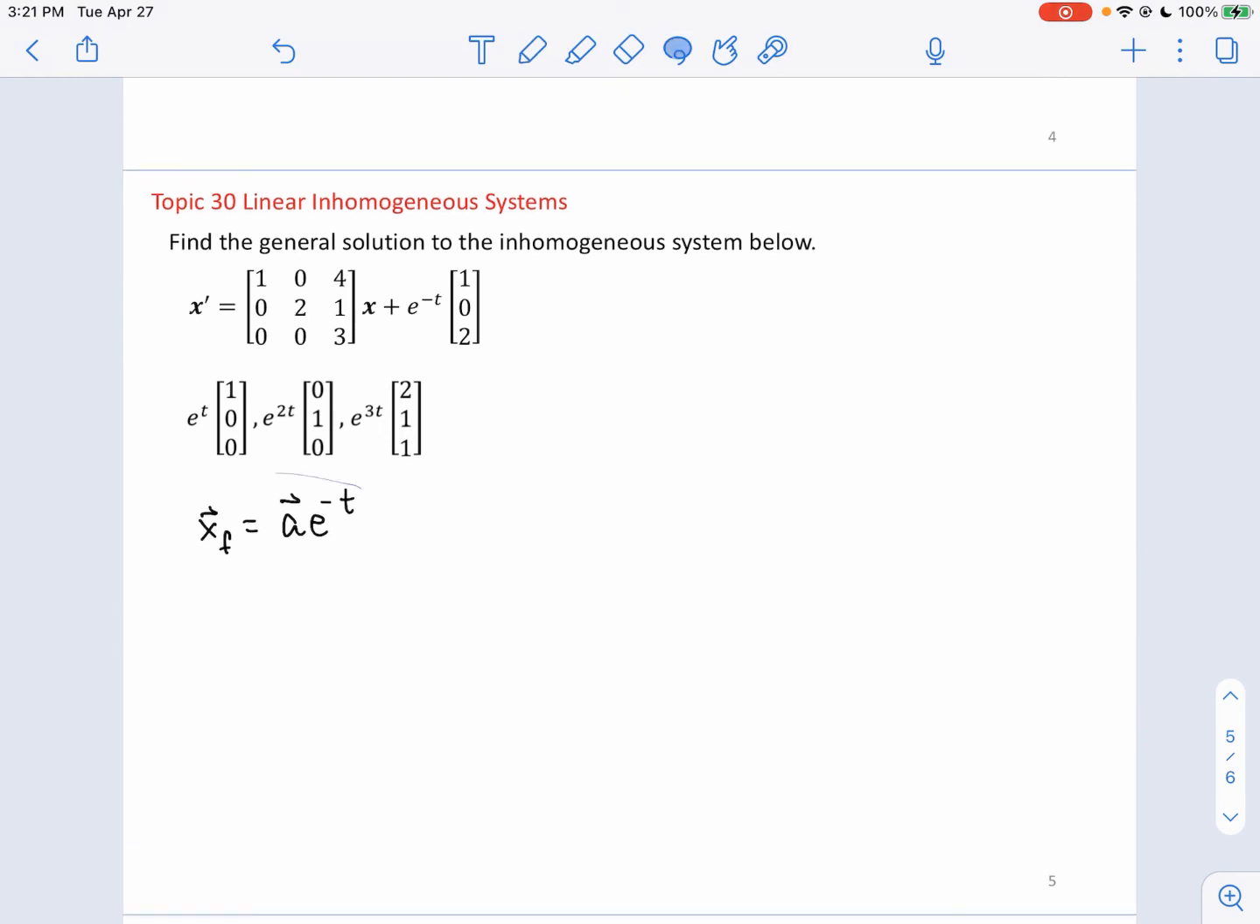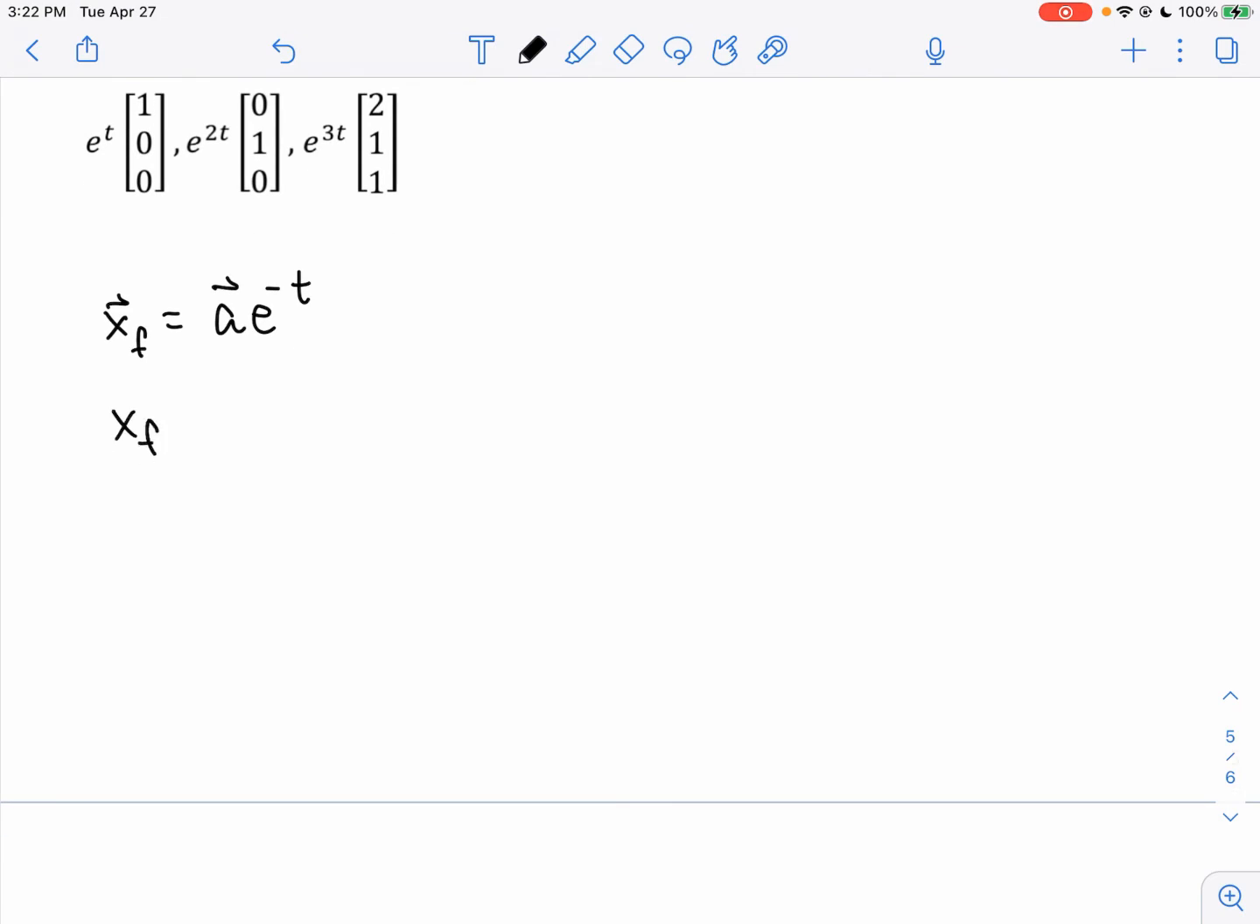And there are no complications in this, because this structure does not match any of these structures, because the exponentials don't match. Therefore, we don't need any complication. This will suffice in helping us find a particular solution. Now I want to do the derivative, X sub f prime. Well, a is a constant vector, so this exponential